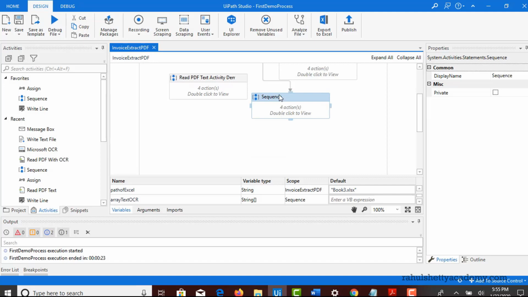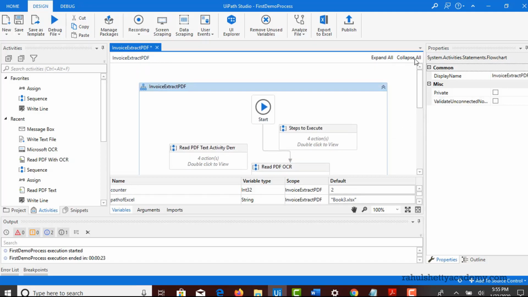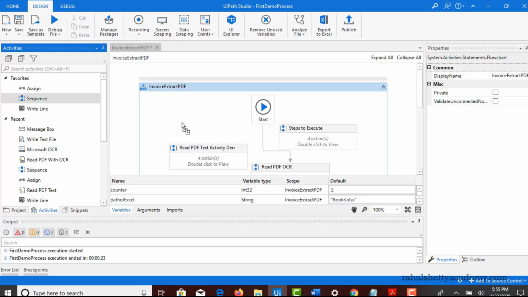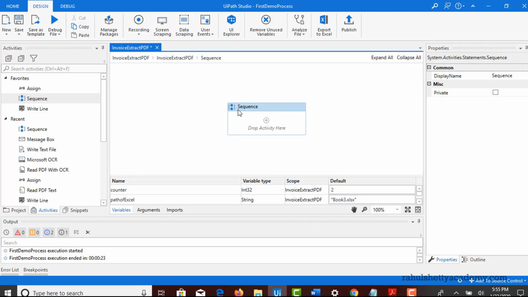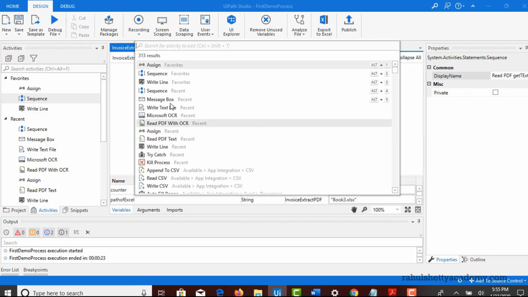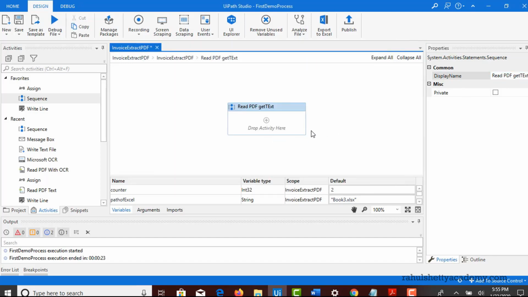Yeah, so I will name this sequence as read PDF OCR. So I will create another sequence now, and then we would call this read PDF get text, which we're going to see now. Okay, now